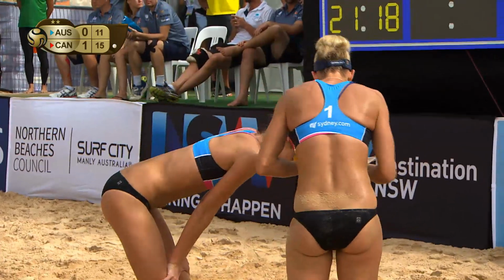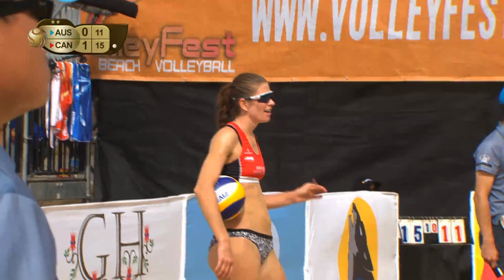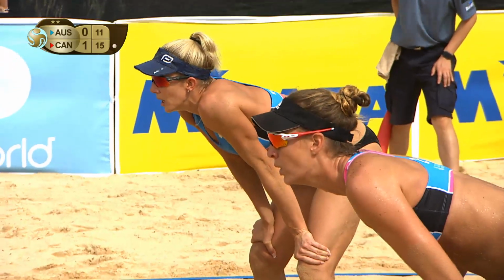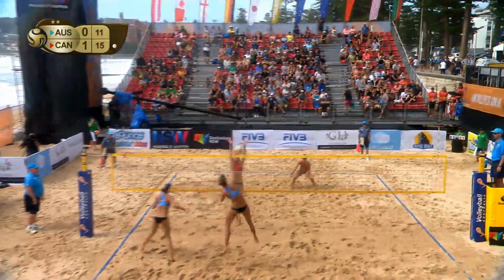See how hard Camille is breathing. So she's working really hard, Kerry. Absolutely. Look, they know that the Australians have made a couple of errors, but they also feel that they have to keep solid, because very quickly it can turn around. A couple of good plays by the Aussies, a couple of blocks and defensive plays, and they're back in the